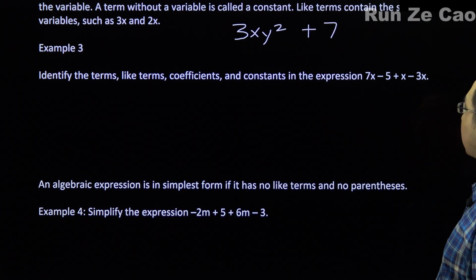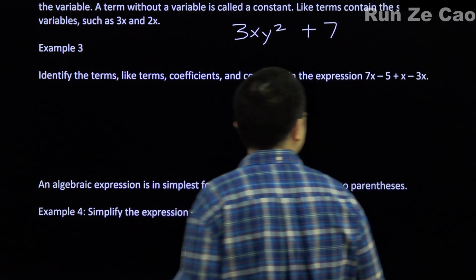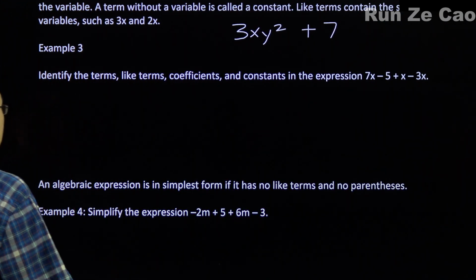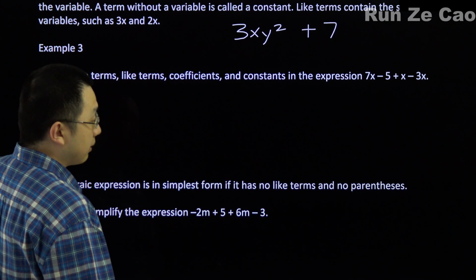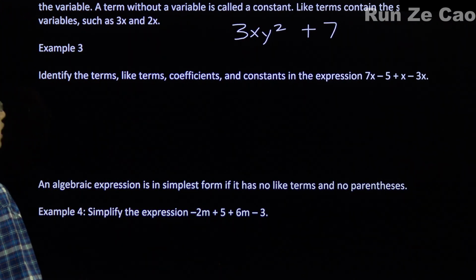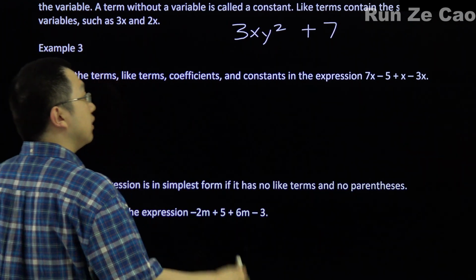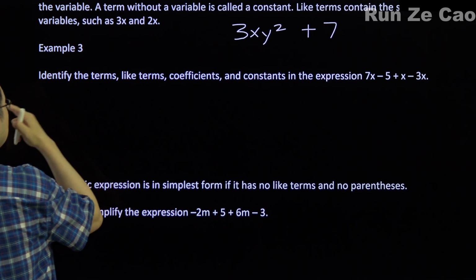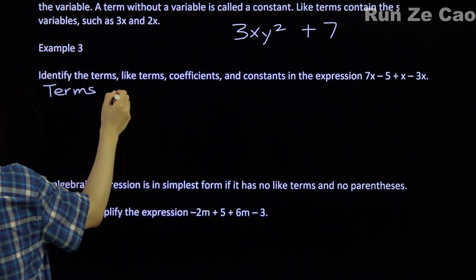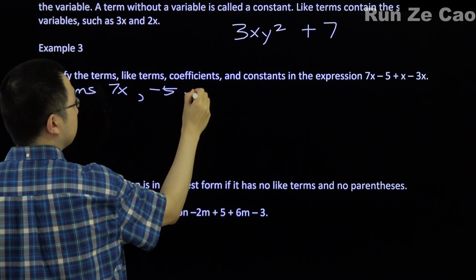Identify the terms, like terms, coefficients, and constants in this expression here. 7x minus 5 plus x minus 3x. Now, all terms are added together. They might be connected by subtraction symbols, but that's just adding the additive inverse. So the negative is included in what you're adding in. So terms: 7x, minus 5, x,